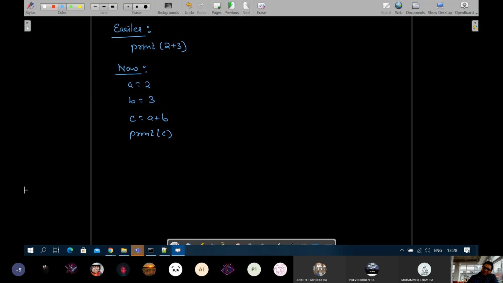One way that we earlier saw was, okay, earlier approach, I'll write. Earlier we saw simple way was print 2 plus 3. Now what we are seeing is A is equals to 2, B is equals to 3, C is equals to A plus B, and print C. See, in both the cases,